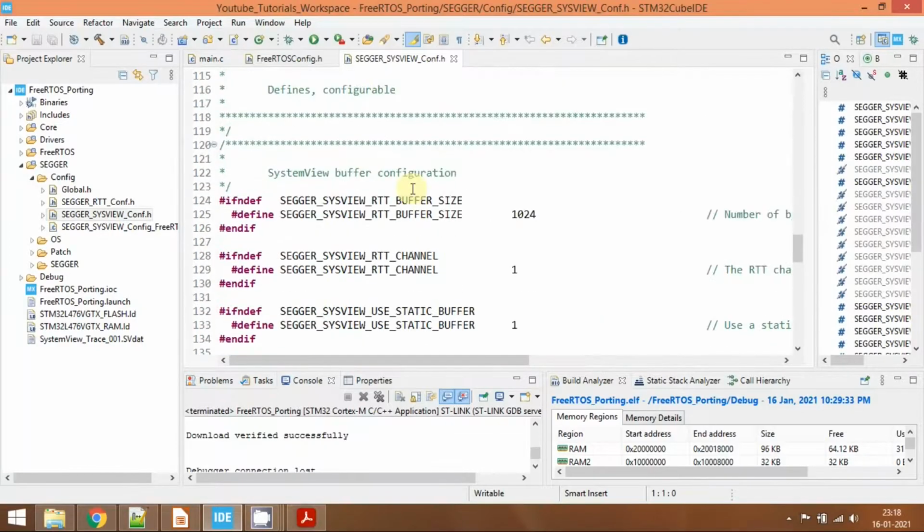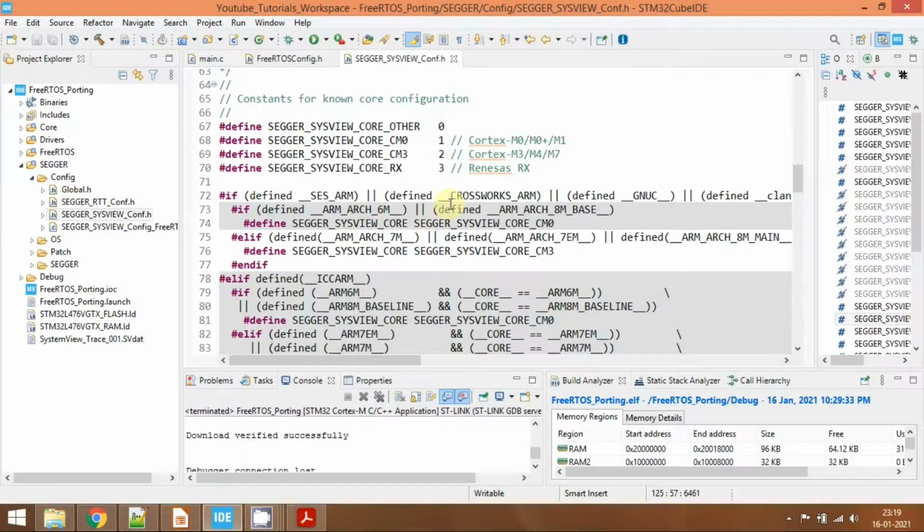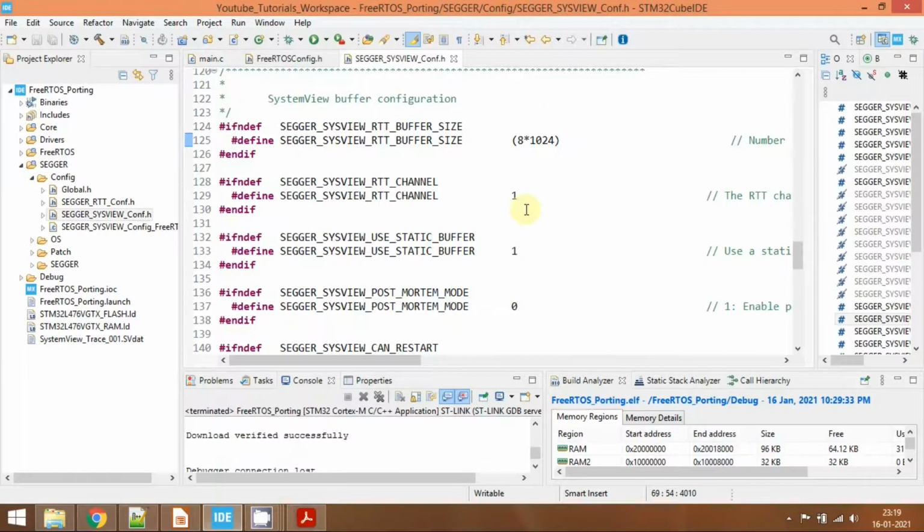Here we need to provide the RTT buffer size. This is the buffer where the RTT events will be stored. The recommended buffer size is 8 KB. So now we have given 8 KB of RTT buffer size. That's all from this file. Save this file. What we have done here is we have only configured the RTT buffer size.